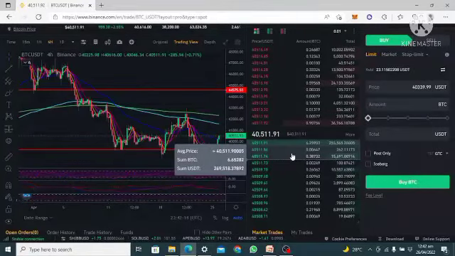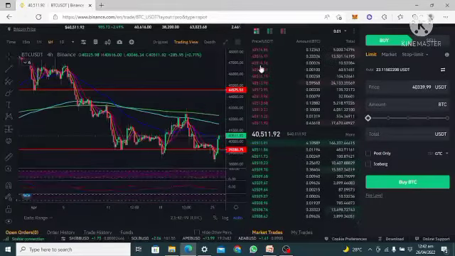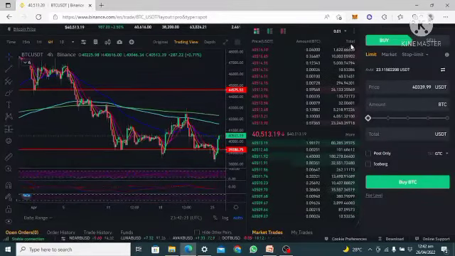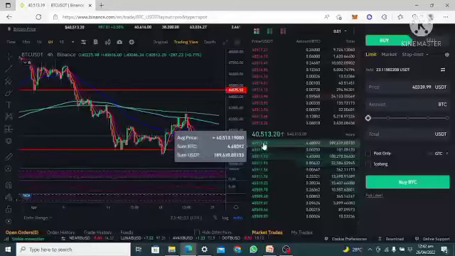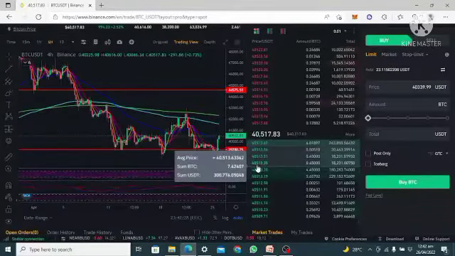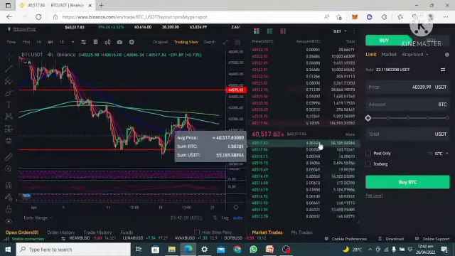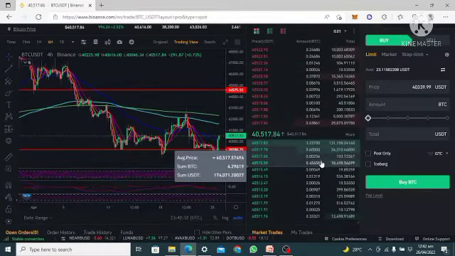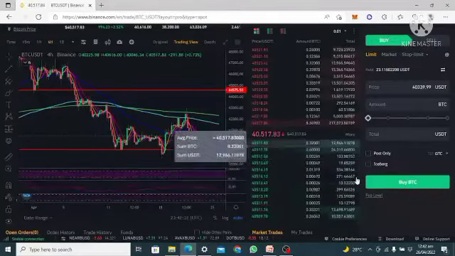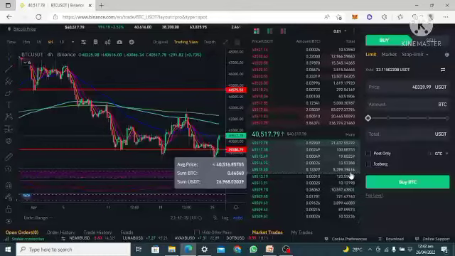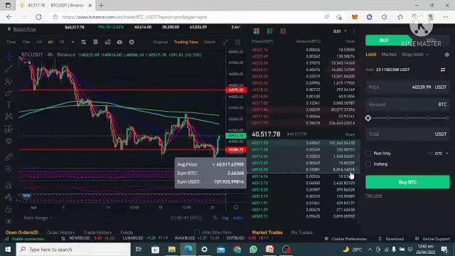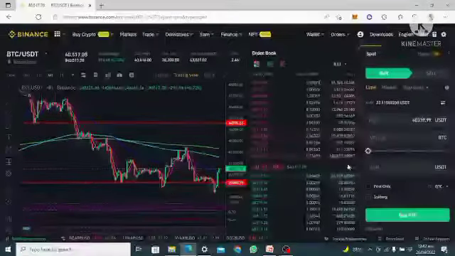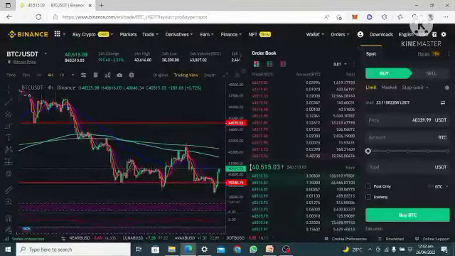So every price listed here is for what? For buyers. It's only buyers. This is the price, and we can see the amount and the total. So this is the price of the asset. This particular person wants to buy at this price and in this quantity of the asset you want to buy, which is this one here in the middle, and the last one is the amount of money they are willing to invest in that particular asset. So that is that for the other side.